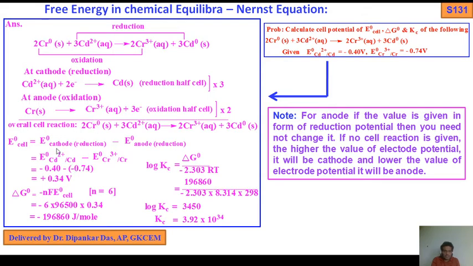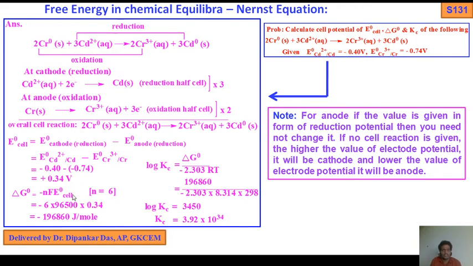So first, E0 cathode reduction potential value, that is minus 0.40. Okay, no problem. Then minus the anode reduction potential value, chromium minus 0.74. I have put a minus because it is this minus this, and this is the value of minus 0.74. So minus minus becomes plus, so 74 minus 40, that is plus 0.34.